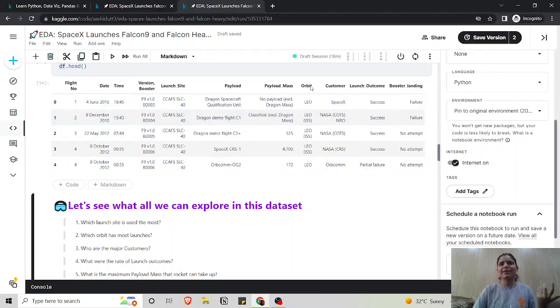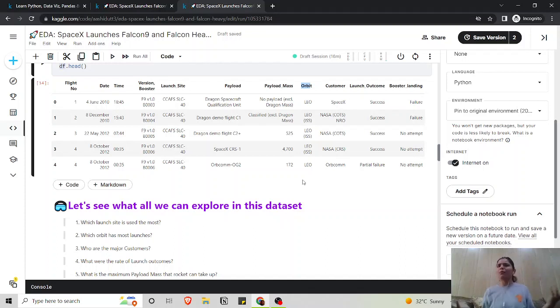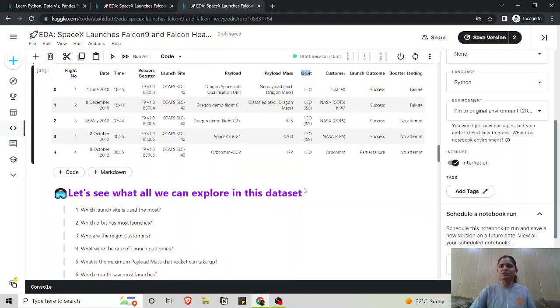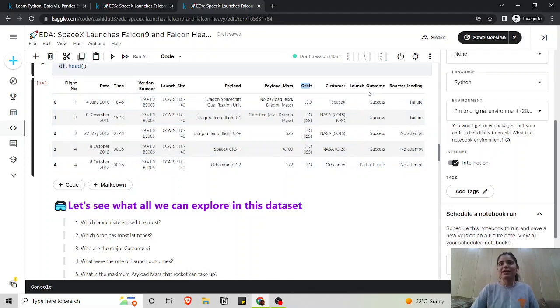Look at the orbit column and think about the question that comes to your mind. Like, which orbit is used the most? Why this orbit only? You can search on Google for that if the data does not have the answer. But yeah, why LEO orbit or which orbit, right? And then say we have launch outcomes. We see a lot more successful here and partial failure. So we can find out if SpaceX is really successful with their Falcon 9 rockets or not, right?